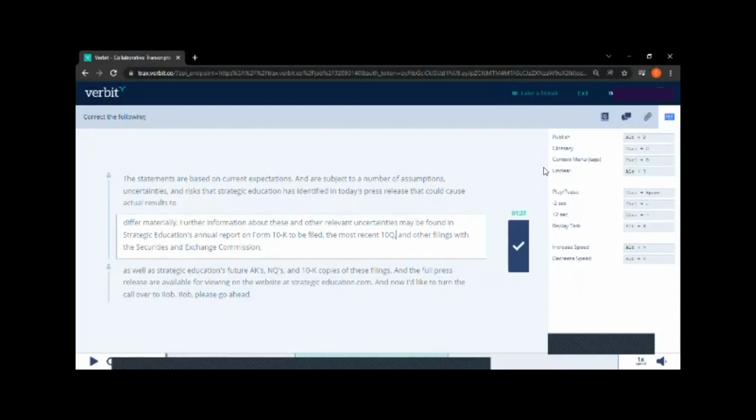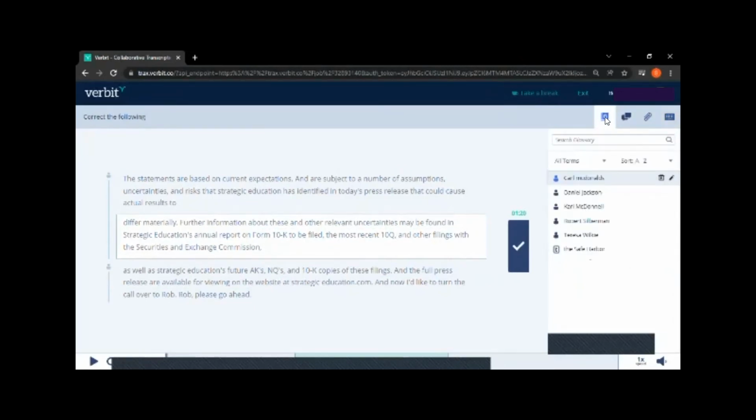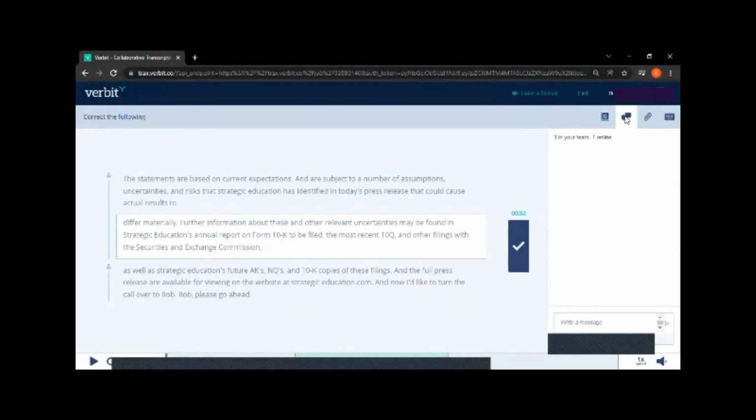So if you look on the right-hand side, we have several features that you also need to know. So if you click on this feature here with the G on it, this is the glossary. So this is where all the terms that have been added on the glossary will appear. So you can see here we added a term, safe harbor. So it will appear here, and also the names of people that have been added, like Teresa Wilkie, have been documented on the glossary. If you click on this one here, this is a chat where you can speak to everyone that is in your group, so you can have a chat with them.